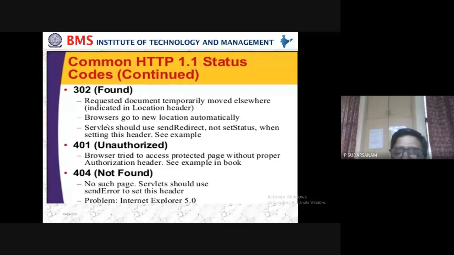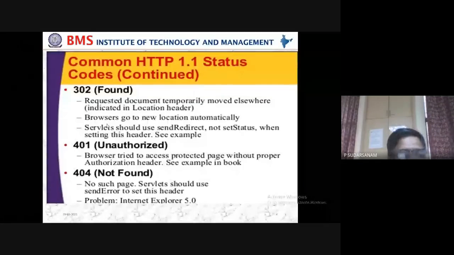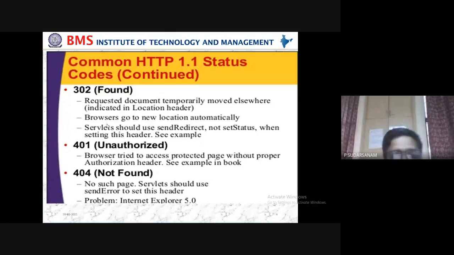So you are accessing that page, but there is no authentication. Then 404 is Not Found, no such file, no such page. The servlet should use sendError to set this header. The problem is for Internet Explorer 5.0. So no such page; the servlet should use sendError to set this header.